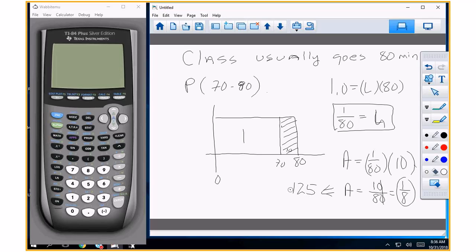0.125. So you have a 12.5% chance or a 13% chance that the class is going to go between 70 and 80 minutes. And that's how you do uniform distribution, which will make up